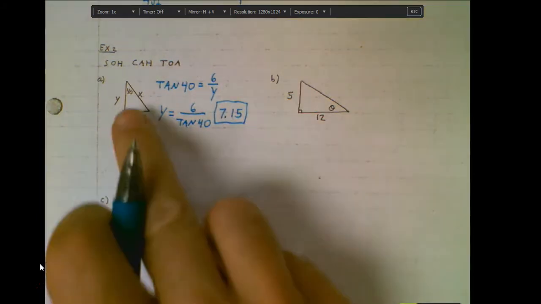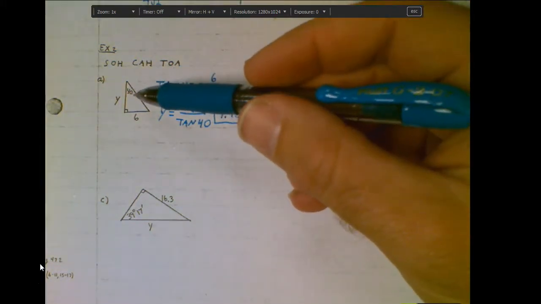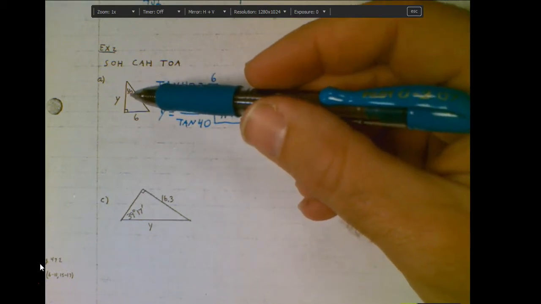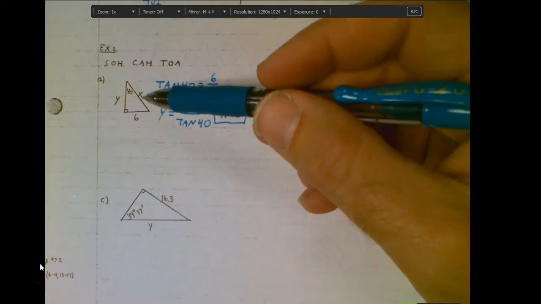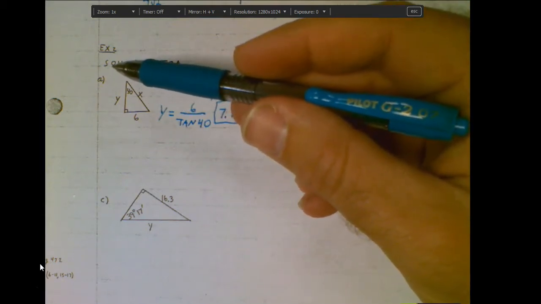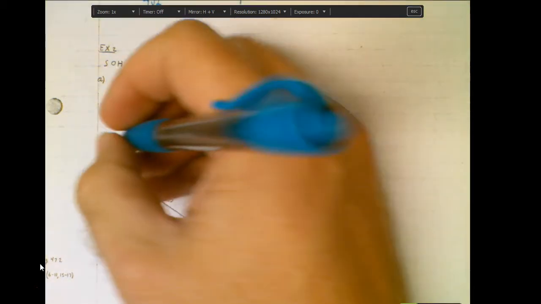And if I want to do the same thing in solving for x, again, from this angle, x is always the hypotenuse. In this case, this is the hypotenuse. But from this angle, we know 6 is the opposite leg. We know x is the hypotenuse. And so if I look up here, I can see that sine is the one that deals with the opposite leg and the hypotenuse. So we're going to say sine 40